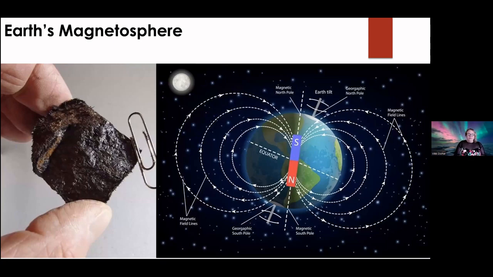The magnetosphere is basically a magnetic area that surrounds the Earth. I think all of you know that the Earth is a bipole, which consists of a northern pole and a southern pole, just because of the internal activities around the core and magma